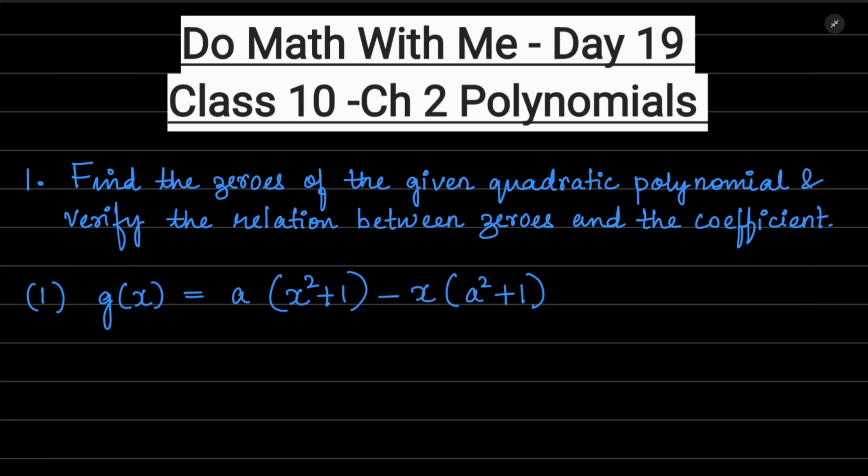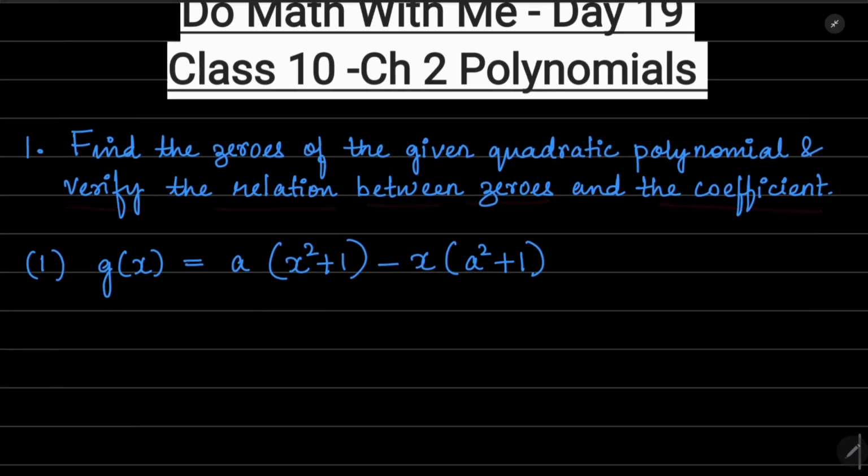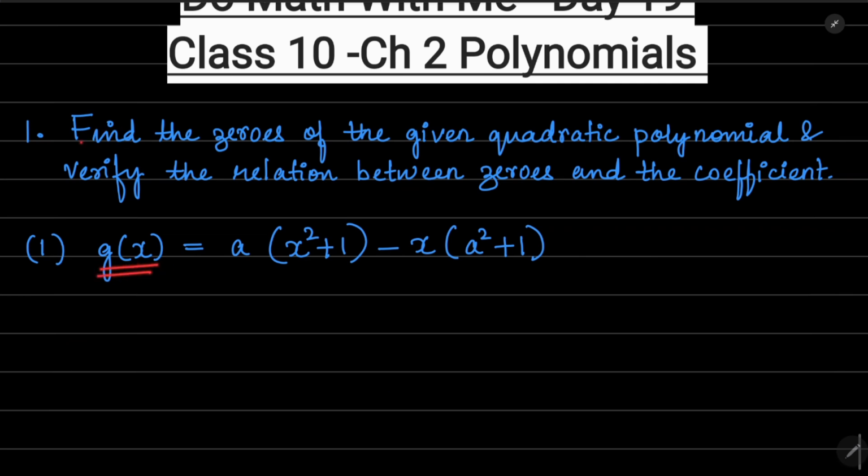So the first question of the day is, you have to find the zeros of the given quadratic polynomial and verify the relation between the zeros and the coefficients. You are given the polynomial and you have to find the zeros. That is the number one task. And secondly, after you have found the zeros, you have to verify the relation between them and the coefficients. So first of all, let us